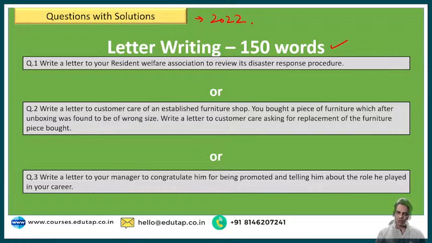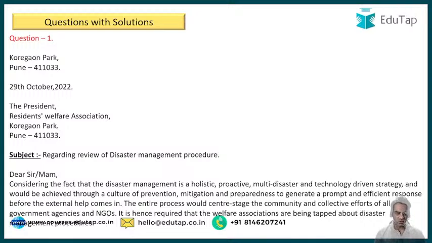So let me show you all the answers, what the letters should look like. Now guys, this is how you should start. Instead of writing just straight away Koregaon, you should have mentioned house number 1461, let's say house number 1461, comma. Now guys, please do not miss these punctuations because marks will be deducted without them. So house number, comma, Koregaon Park, comma, Pune.